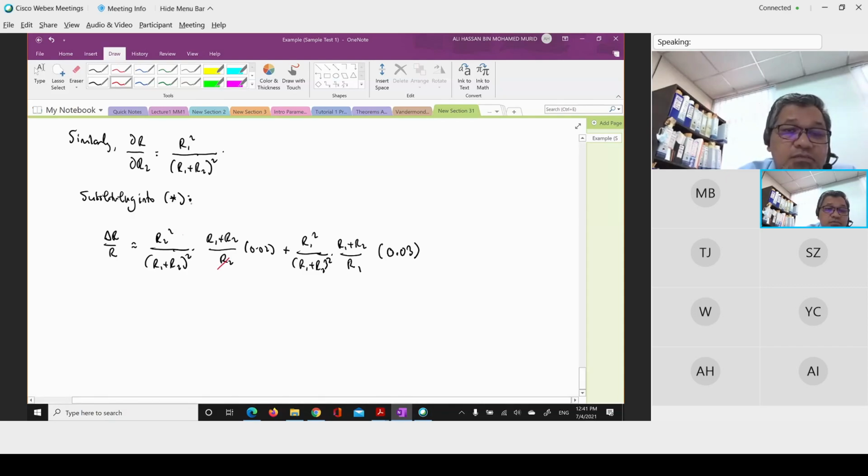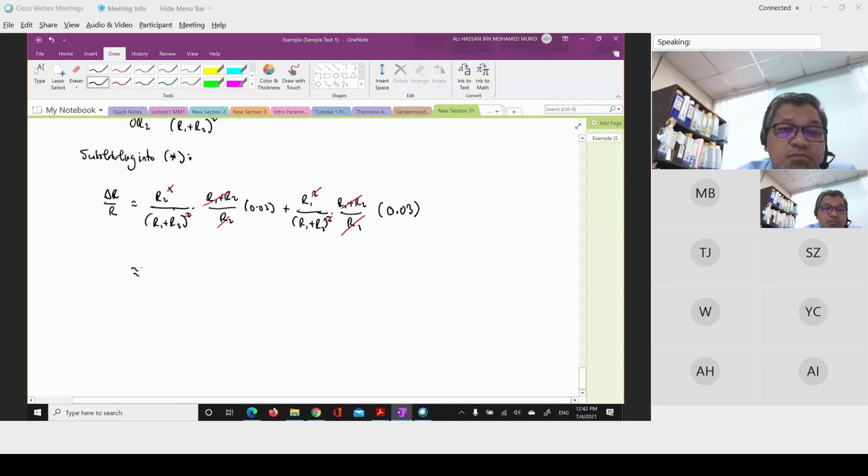R1 R2 cancel out and R1 R2 also cancel out. So that leaves, what do we have? R2. We can factor out 1 over (R1 plus R2) times, we have R2 times 0.02 plus R1 times